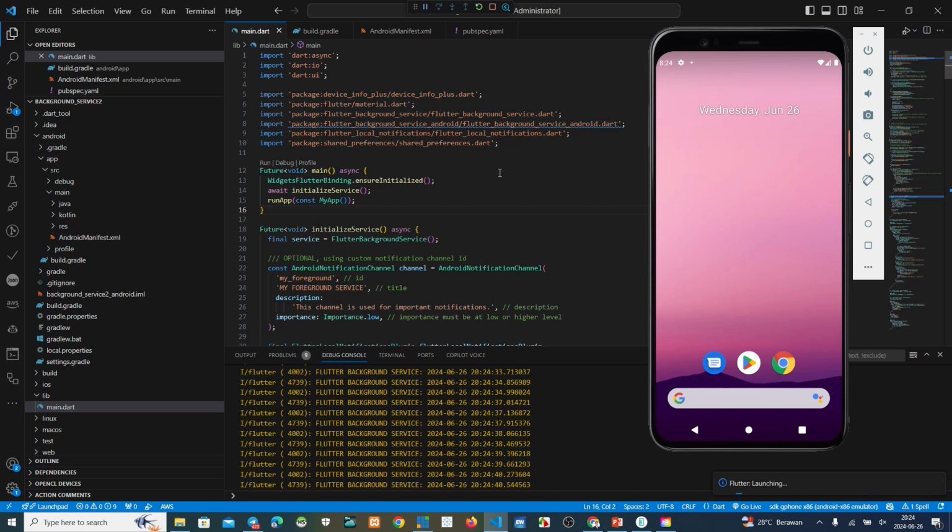Too long, too slow this process, because we have this background service running, but we cannot see it on the Flutter screen or virtual device screen. Maybe if we switch to my smartphone directly, it's okay. You can see this one.